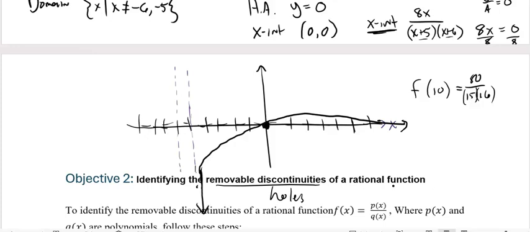So on the back side, what happens at f of negative 10? That would be negative 80, and then a negative times a negative, right? I don't even care what that is. It's negative 5 and negative 4, but that just should be a negative number, 3 negatives. So that means it has to be down here, and you ask yourself, is it going to cross the x-axis like this one did? It does not, because there's no other x-intercepts. That's why the x-intercepts were helpful. And in this case as well, there's no x-intercept, so it cannot cross